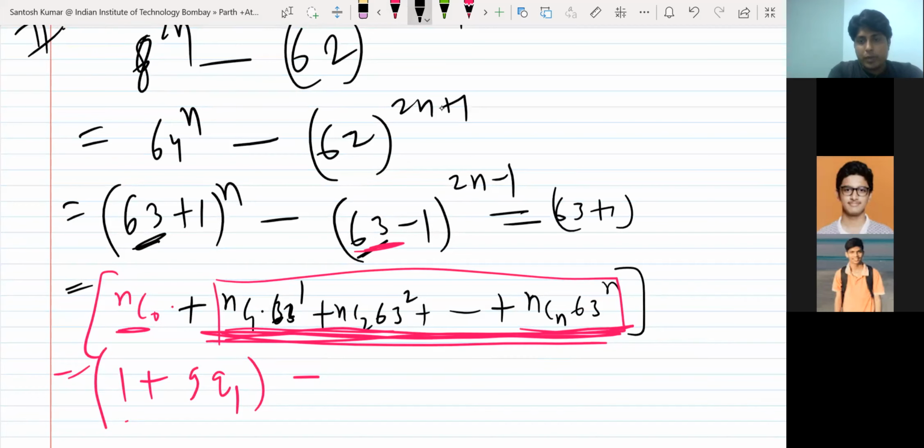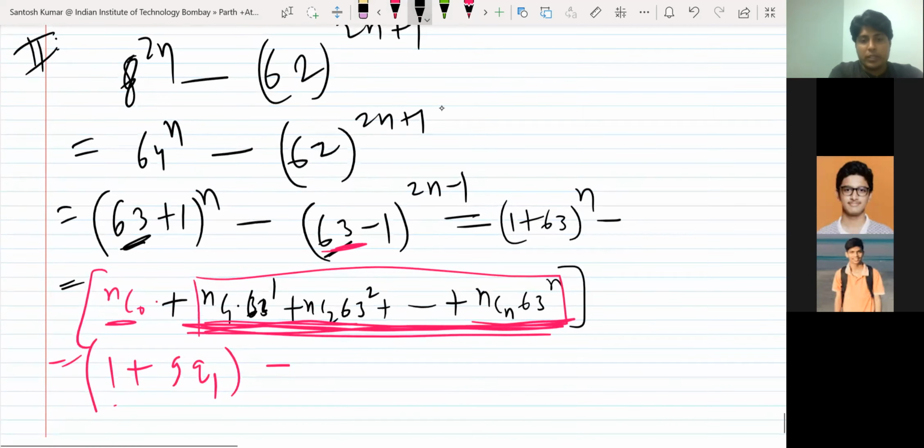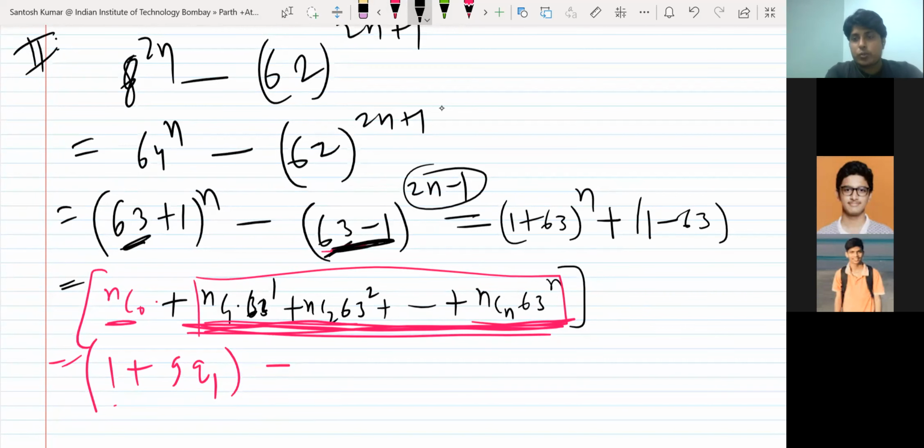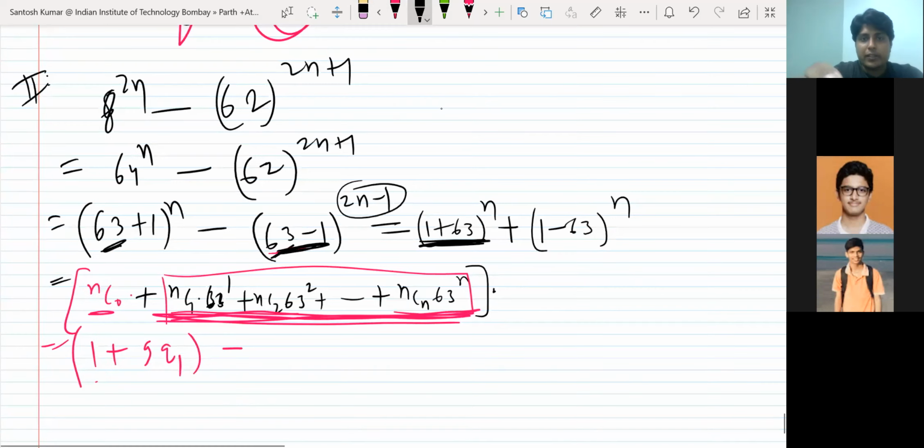So if you take the minus common, you can make it 63 plus 1 power 1. So I was expanding 1 plus 63 raised to power n. I'm taking minus common from inside this bracket. This will make plus, because power is odd. So minus 1 raised to power odd number is minus 1, minus plus. It will become 1 minus 63 raised to power n. So I am expanding this actually. So this is this term, and if I expand this second term, plus, now you expand this.